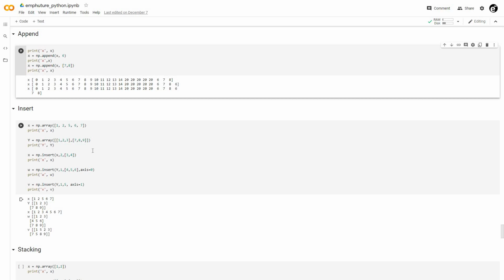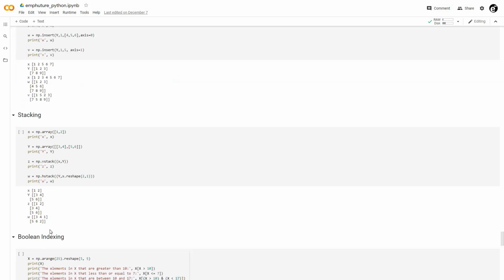As we can see here, axis refers to row and column. If we use axis equals to 0, that means it will insert the given elements as a row. And if we give axis equals to 1, it will add the given elements as a column at given index, as we can see here.